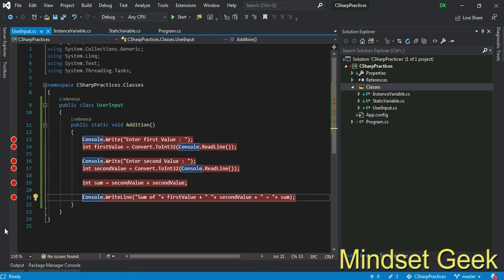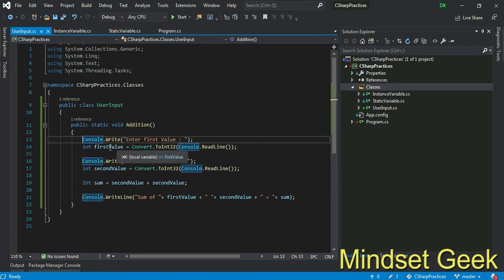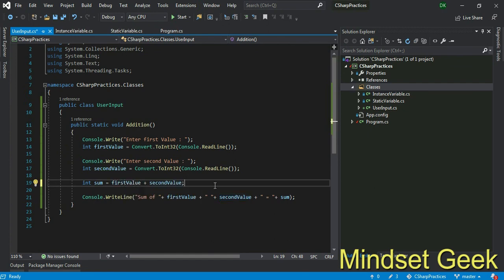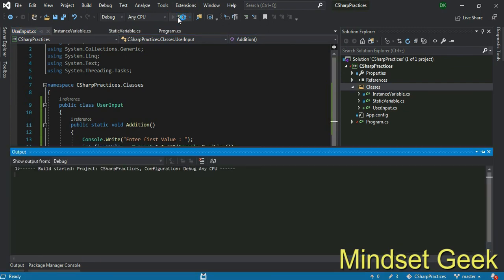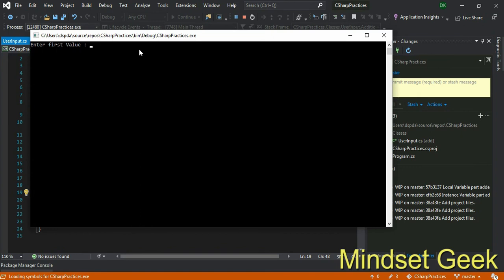Stop your code, remove your debug point, change this to firstValue and run it again, right? 133. You can see the correct value, right? Now your program is a success.